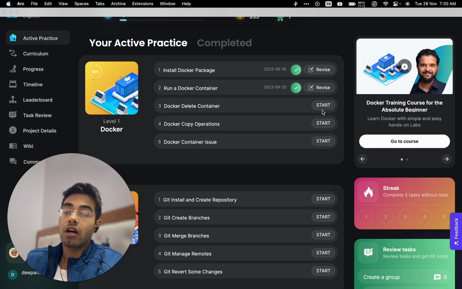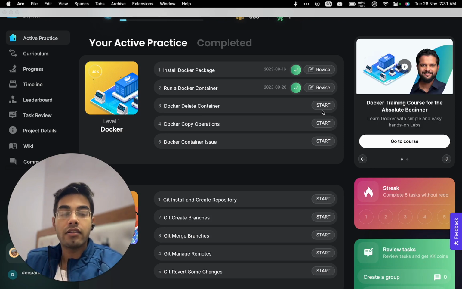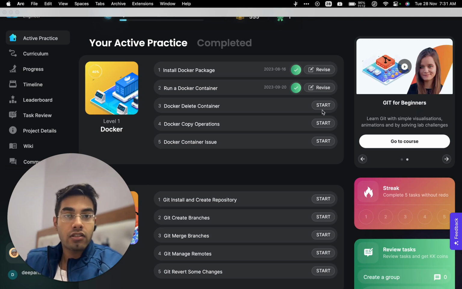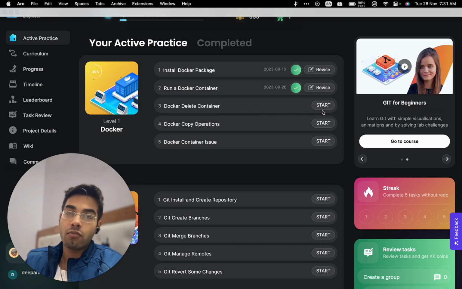And the command was something like docker run -d -p, then specified by the port, and then --name, then the name of the image. And where are we getting the image from? It was using nginx, then colon, then the tag that was alpine. So it was using the alpine tag to fetch the nginx image and running it in detached mode using -d